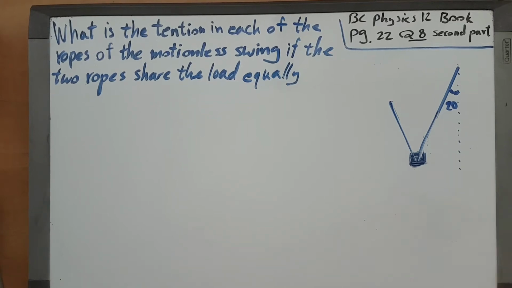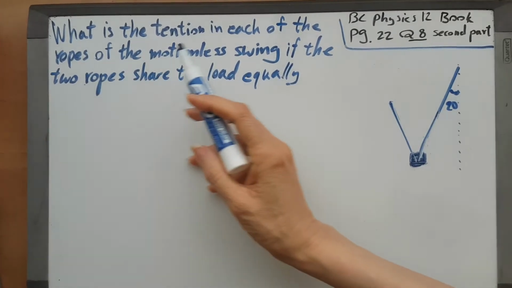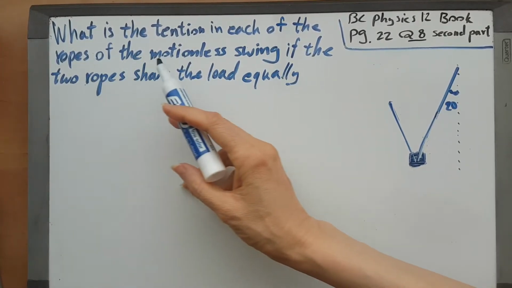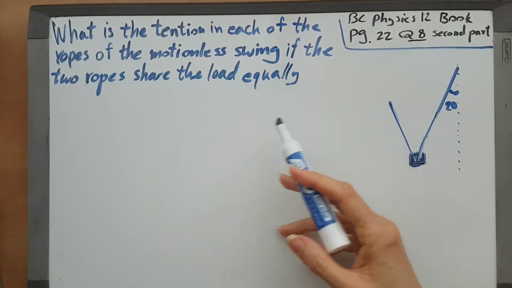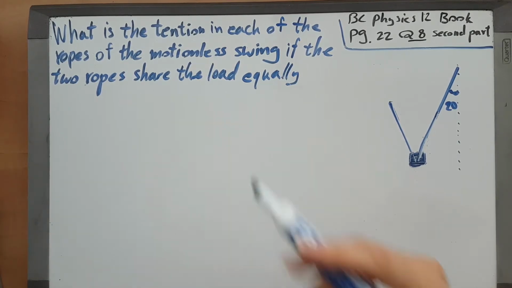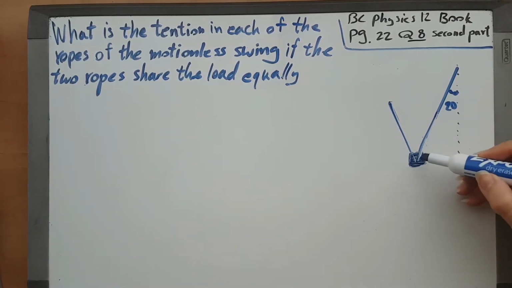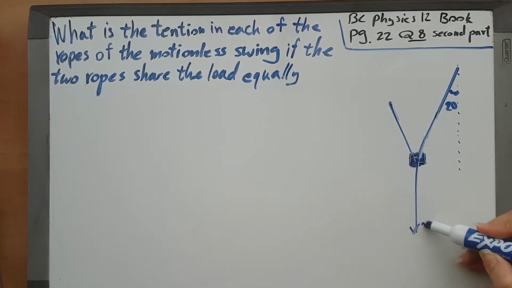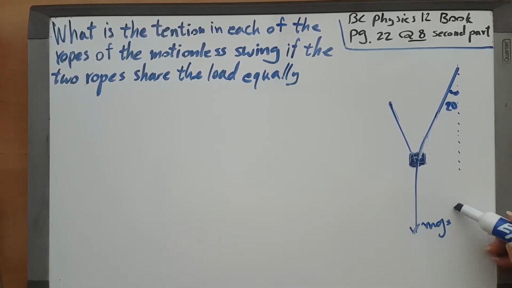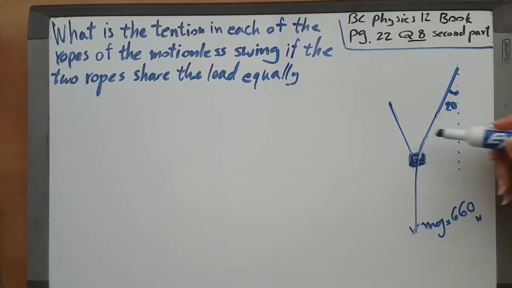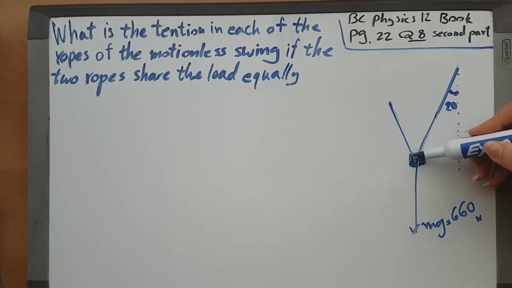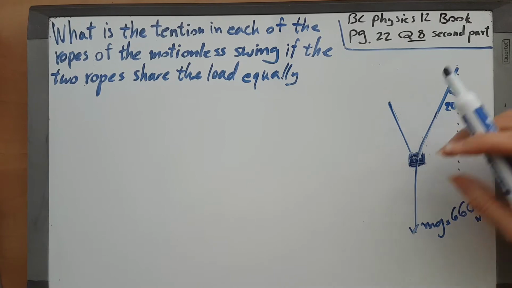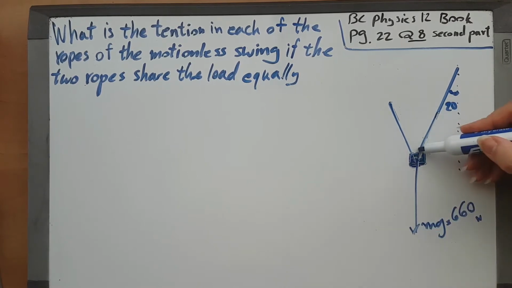Okay, this is the second part of the same problem we were solving. What is the tension in each of the ropes of the motionless swing if the two ropes share the load equally? So in this case, as you remember, the mg was 660 newtons, and of course the Ty's must face the mg, so they should be half of the mg each, because